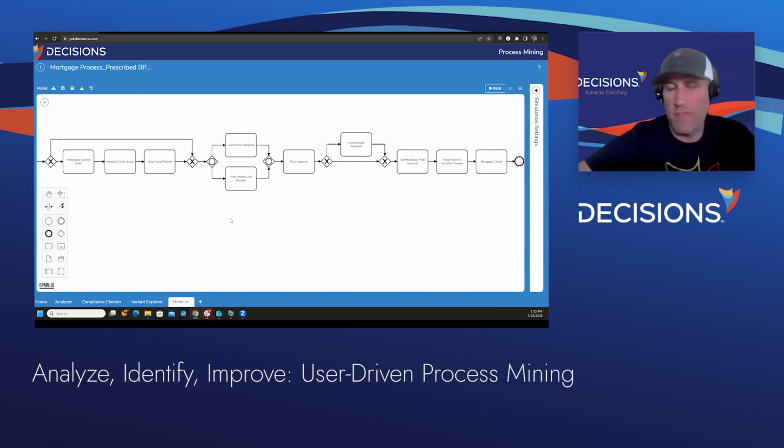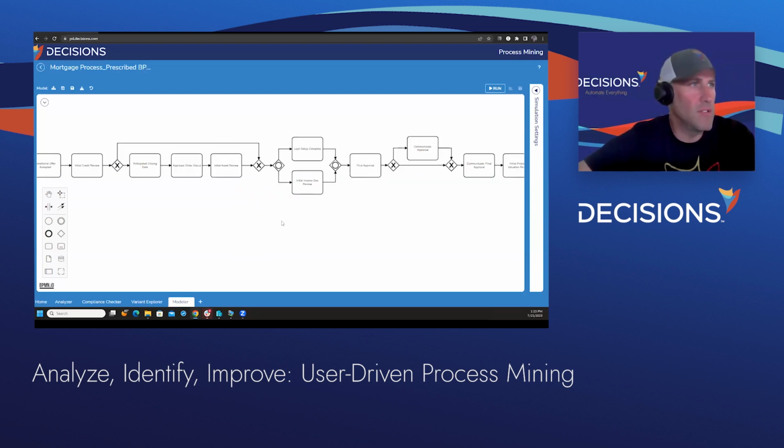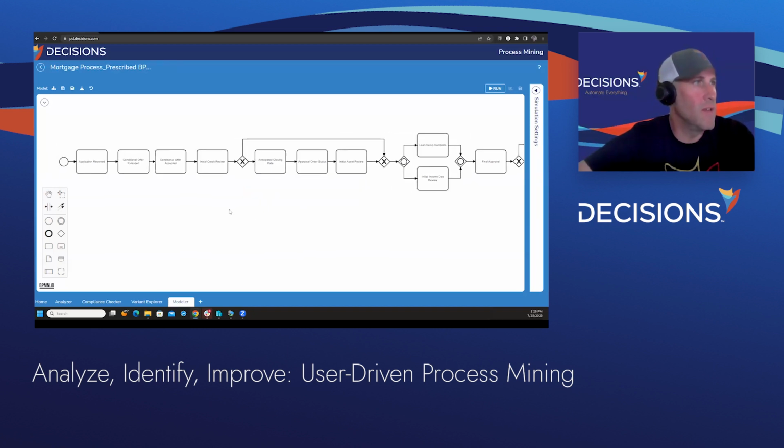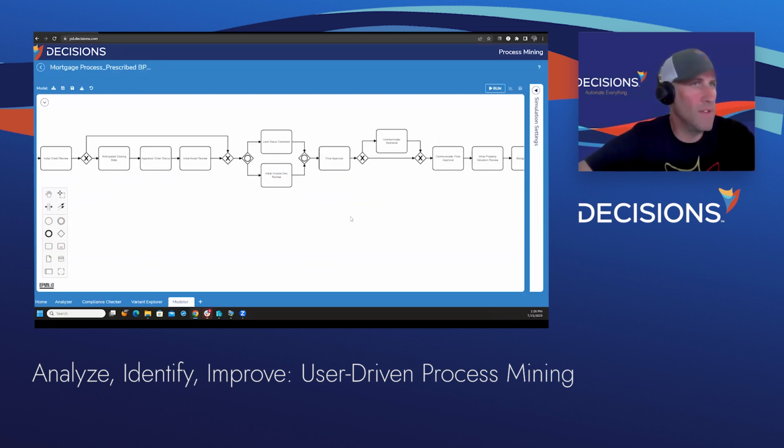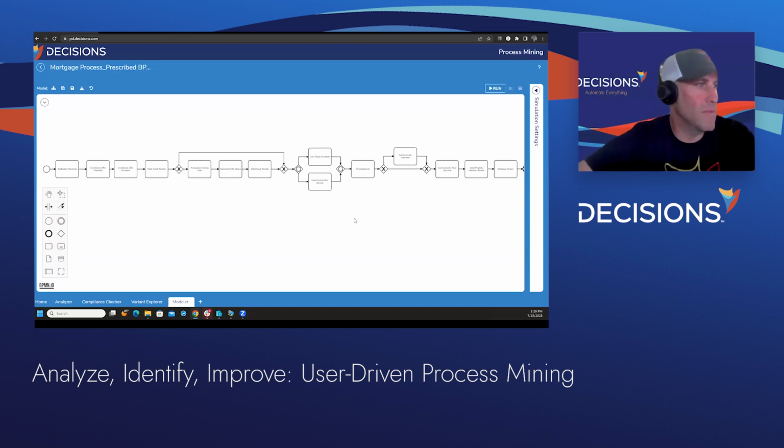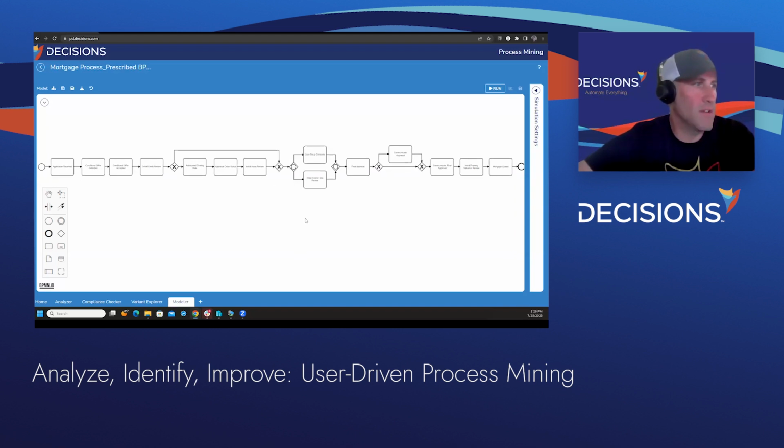We could probably spend another 30 minutes talking about some of the other activities in here. For instance, if we were looking to understand how many resources we needed to partake in each activity based off caseloads at a certain period of time, we can turn on some simulation settings and compare those simulations to the current model. But what I'd like to do is hop right over to the compliance checker, because what the compliance checker actually does is compare that ideal process, which we're looking at now, to what's really happening.